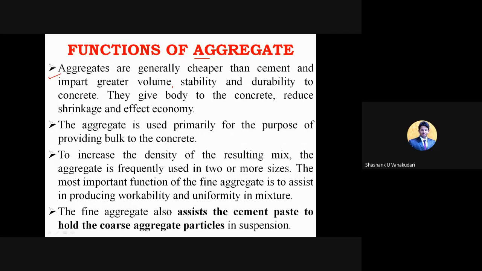The aggregates we use in the concrete are cheaply available, in the sense that whatever the source of extraction is, they will be available easily, right? You have seen so many quarries, right? In a quarry you can extract the aggregates as per your required sizes, or else you can take hard rock or raw material and crush it to the required size as well as shape, correct? So the major percentage or volume is consumed by these aggregates.